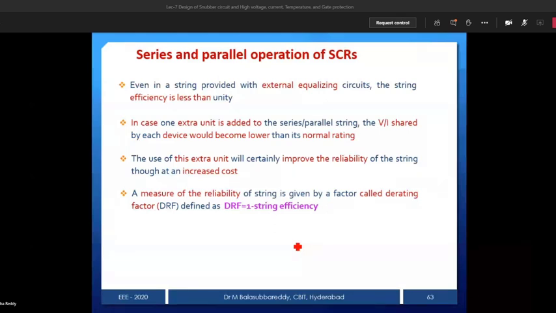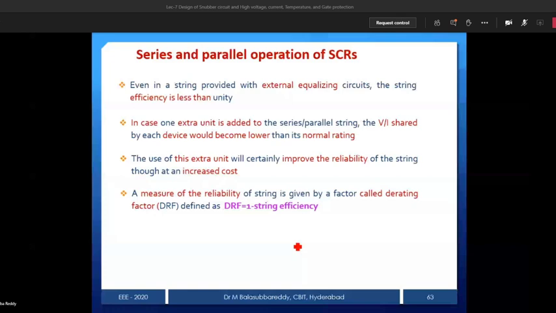And one more parameter, a new term here, measuring of the reliability. What is the term reliability? It is very simple. Suppose I want to increase the reliability, what do I have to do? Let us consider 100 amperes of load demand. I want to meet it. To meet 100 ampere load demand, let us assume each SCR is 10 ampere. Just for understanding, 10-ampere SCRs are connected in parallel to meet the 100 ampere demand. How many? Preferably equal sharing, let us assume 10. 10 into 10, you will get 100.